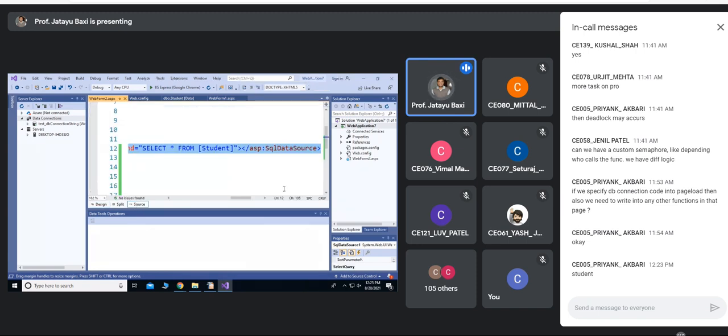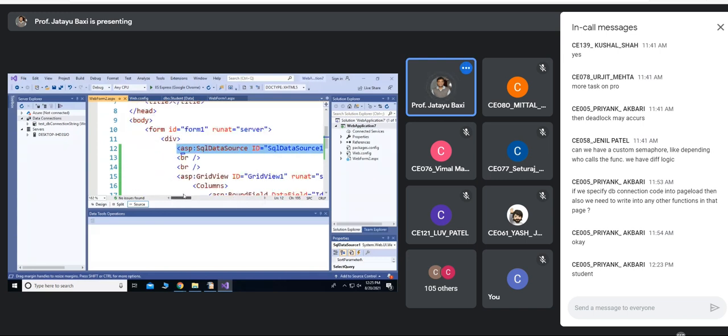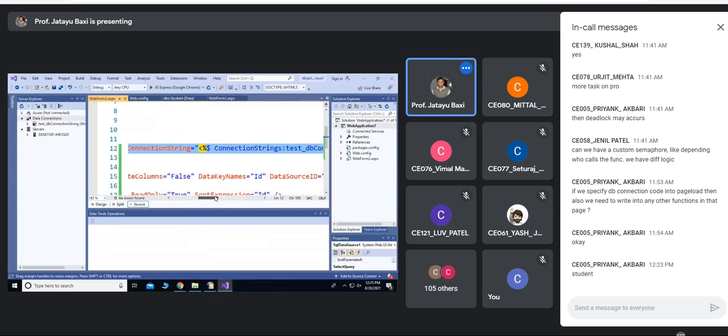You can explore the back end of this control. If you go to source view, you can see the source. It is an ASP SQL data source control, where the connection string is bound first, and then there is a select command, select star from student.